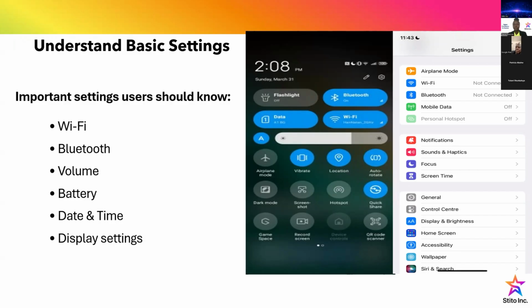We have Bluetooth that allows your device to connect wirelessly, but not using the internet. It's not as if it is the internet you want to use, but just to connect to accessories wirelessly without any wired network. I remember so many years ago when we were using infrared. You had to bring two phones together on infrared before you could transfer anything. But now Bluetooth helps us a lot. Without any wire or bringing the gadgets together, you can connect with another phone, another headset, and other accessories like that.